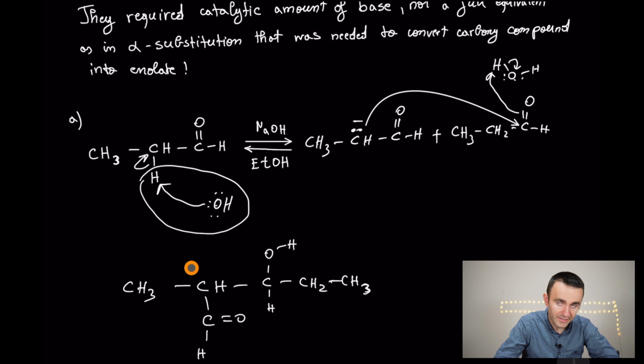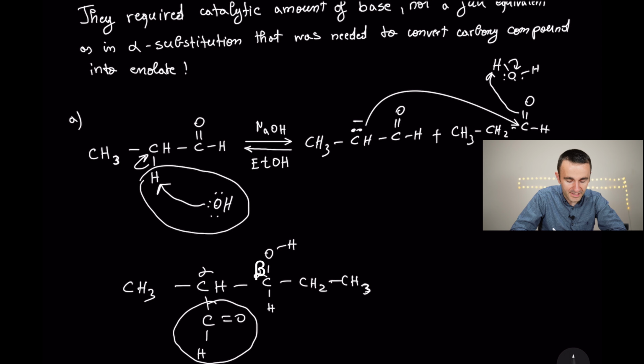Right, so you have the formation of a beta-hydroxy compound, a beta-hydroxyaldehyde, because this is the carbon in alpha, this is the carbon in beta, referring to the aldehyde group. To finish the condensation process, you need to heat the solution to remove one molecule of water. Now what remains